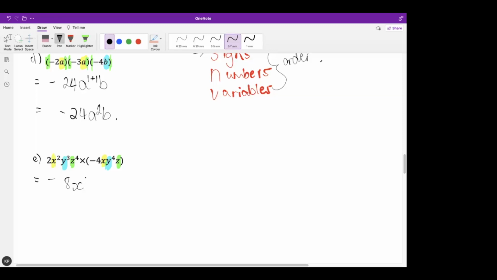Two plus 1, times Y to the power of what plus what? 3 plus 4, times Z to the power of what plus what? 4 plus 1. Okay, final answer, negative 8 to the power of negative 8 times X to the power of